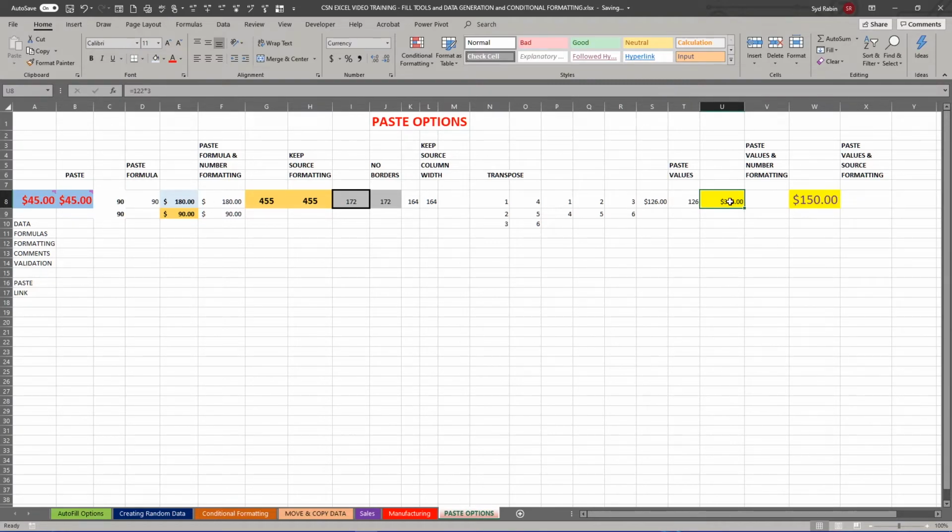Okay, over here, we've got a number that is a formula, 122 times 3. And we've got currency formatting applied to it. That's why the dollar sign is right up against the 3 there. So here we're going to paste the values and the number formatting. We'll click here, copy it, come over here, go to paste, come down to the paste value section, and paste value and number formatting,